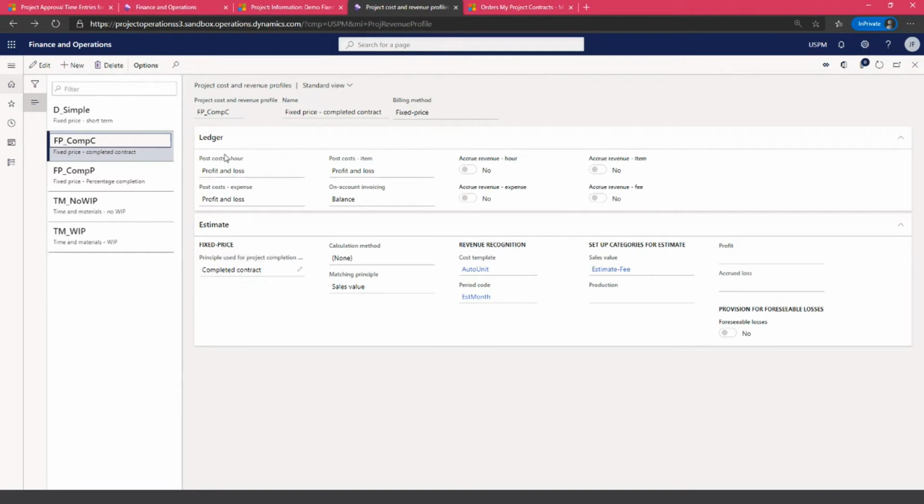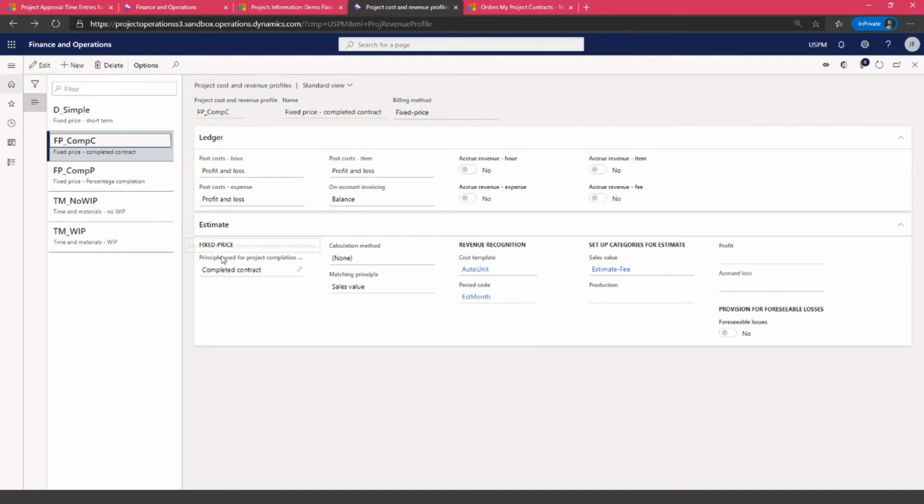When I'm posting my cost transactions over the course of the period, so let's say January, February, March, in the beginning through the project operations integration journal, they are going to profit and loss. And in this periodic process, I'm taking these transactions at the end of the period from my profit and loss account and putting them to the WIP account to make sure that I account my costs as WIP up until I complete